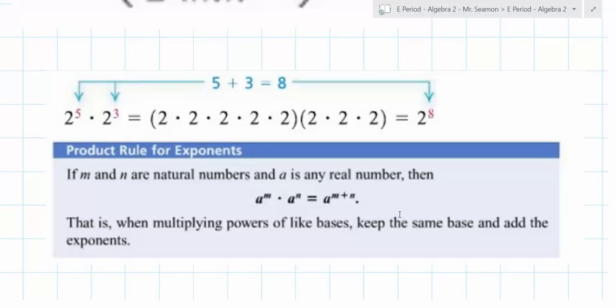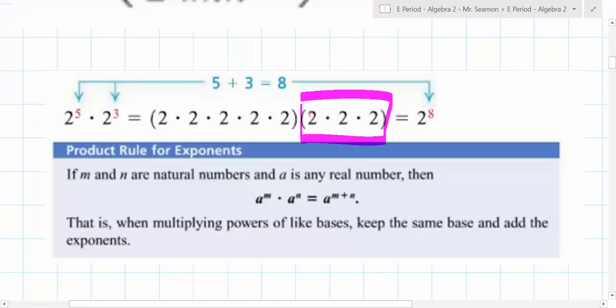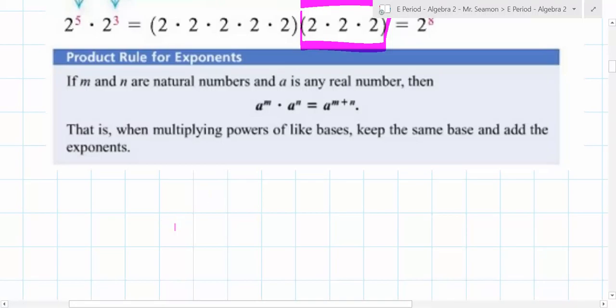2 times itself 3 times, right here. And then you have 2 to the 5th, which is 2 times itself 5 times. So if you have 5 times and 3 times multiplied together, how many times do you multiply 2 by itself? 8 times. What this means is, if you have the same base, a to the m times a to the